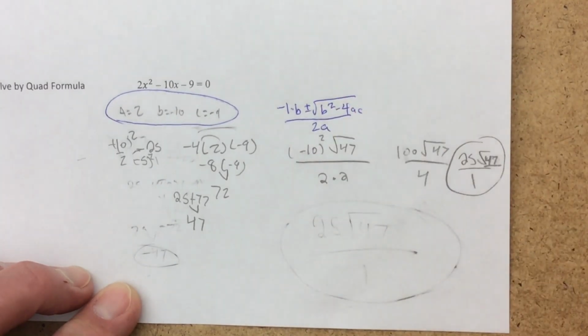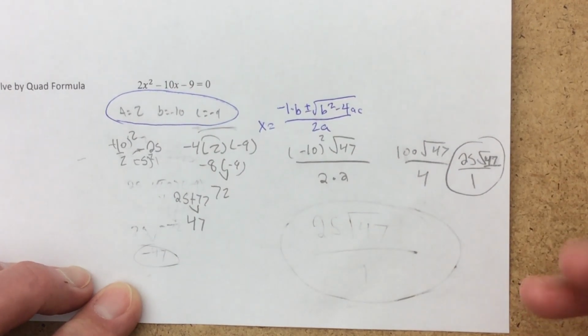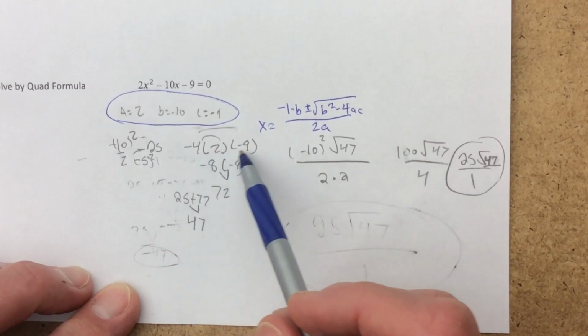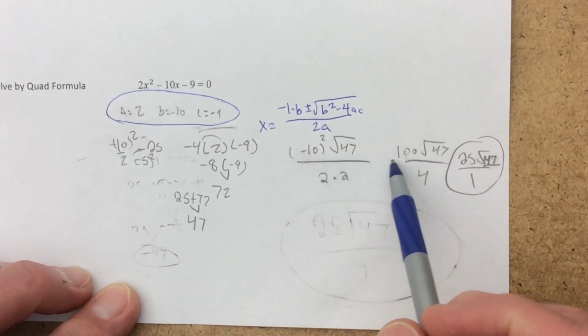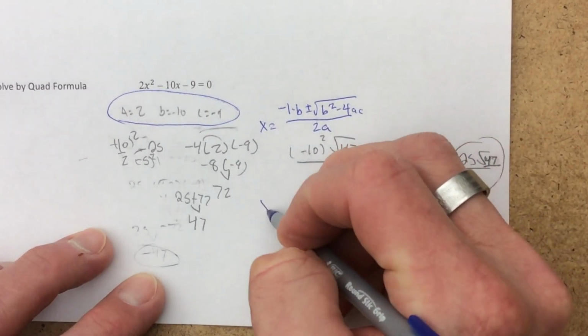And I think that's because he didn't bother to write out the actual formula. And so what he did is, you can see he squared B, and he did minus 4 times A times C. But then he left B squared outside the radical all the way through the problem. And I think if he would have taken the time